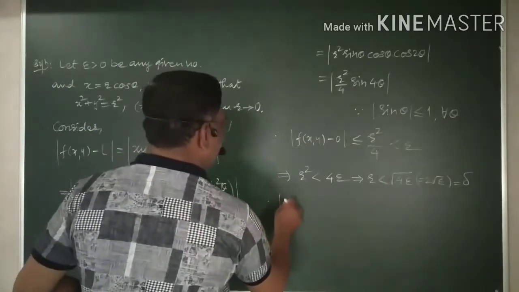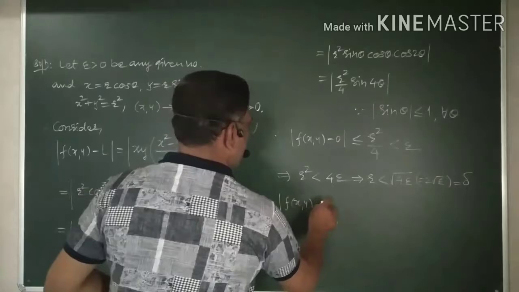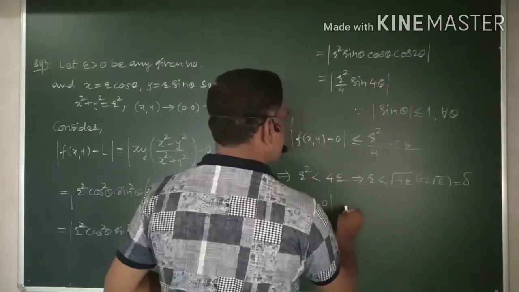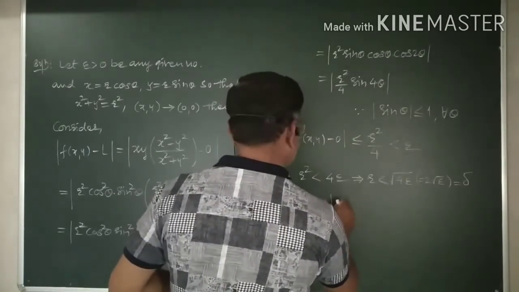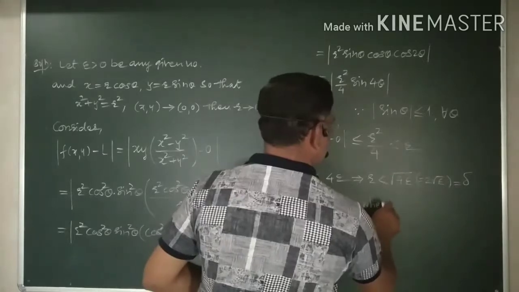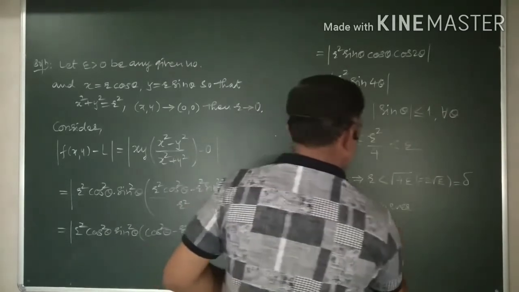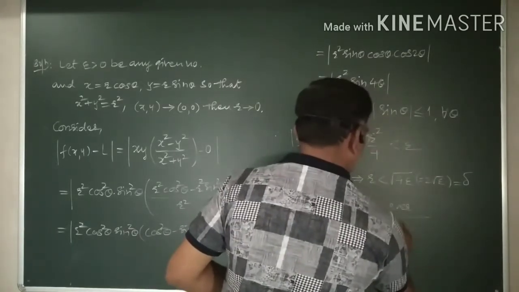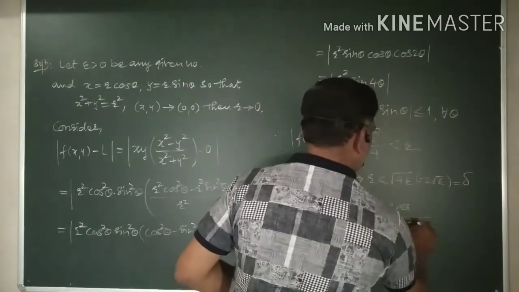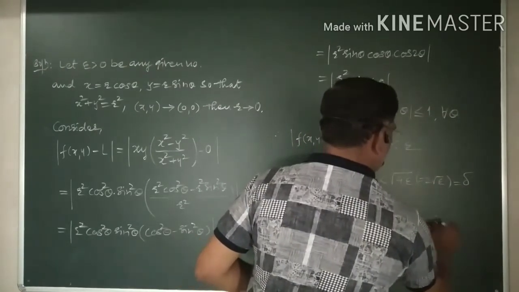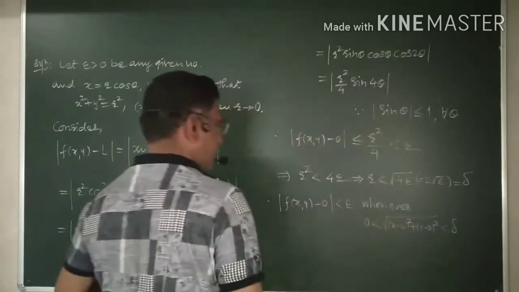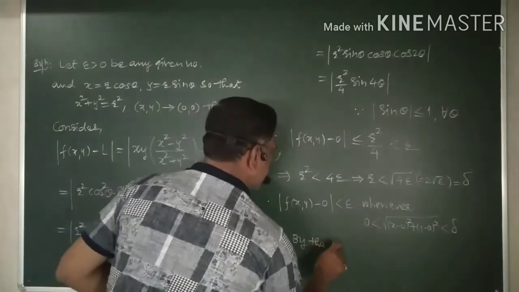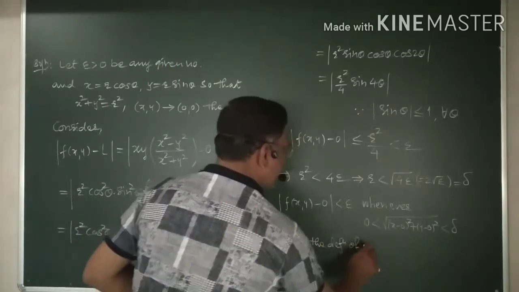Therefore, finally, the absolute value of f(x, y) minus 0 is less than epsilon whenever 0 is less than the square root of (x minus 0) square plus (y minus 0) square, less than delta. And this implies, by the definition of